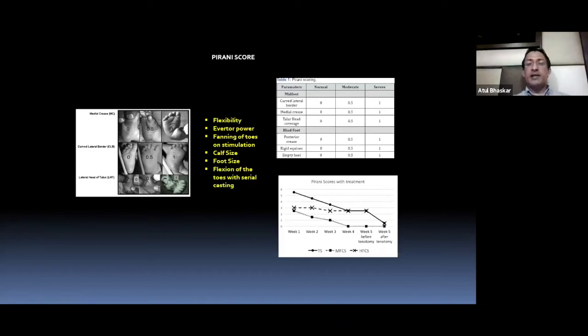And like I said, as you do serial plasters, you will find that the toes will start flexing because the FHL and the FDL will get tighter. And that is why when you do your plaster technique, you must make sure you're also extending the toes, and the plaster extends right up to the toes. Don't leave the toes free as you do for conventional plasters. You want to check the movement. But in the clubfoot, you must go right up to the IP joint and make sure you're able to extend the IP joint as well.